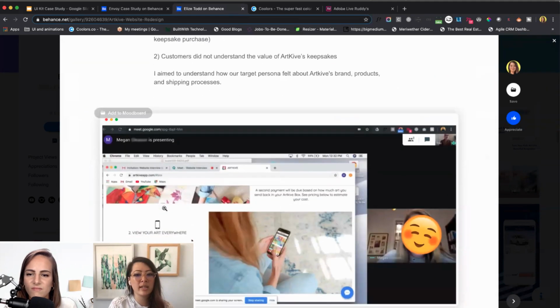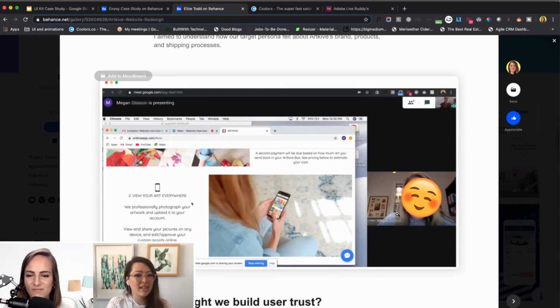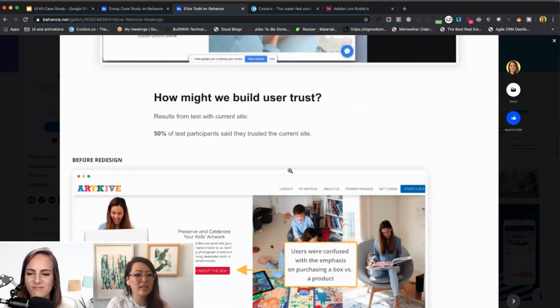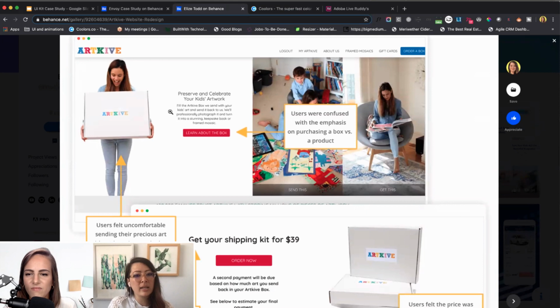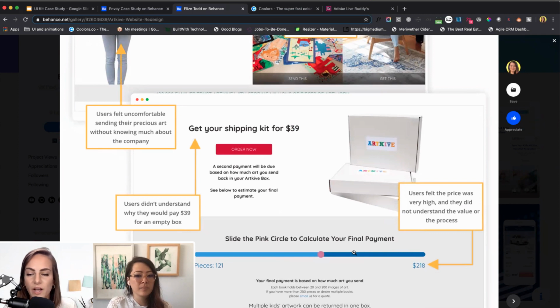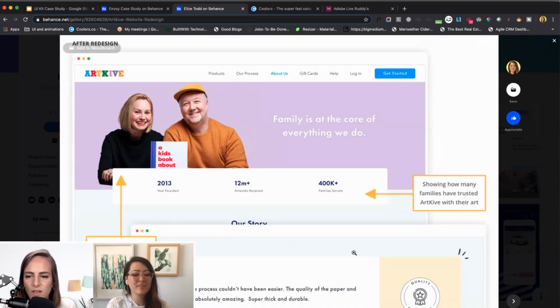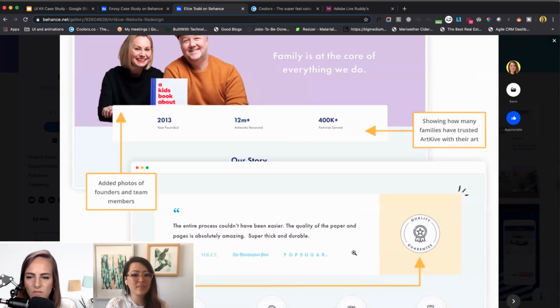Something else I wanted to point out is that I show myself doing a user test, but I just used an emoji to cover up this person. Why not? I was still showing that I can do this. And another thing I really like is I took their old screens and talked about what the user feedback was. They were confused by this, they didn't understand that. And it's nice that it's right on top of the design. I don't have to go somewhere else to reference that. Sorry, I've been using my hands a lot. That's okay. You don't have to scroll a lot to find where exactly you're talking about in the interface. Exactly.